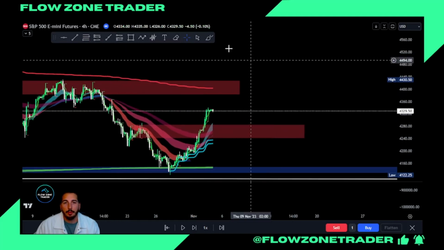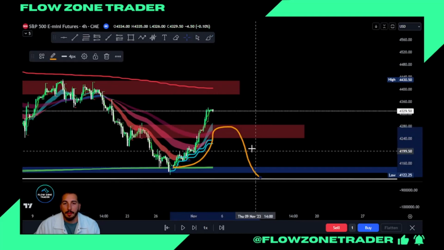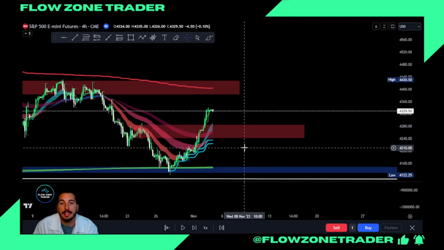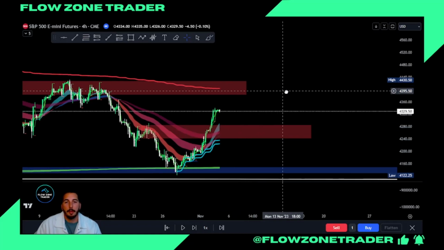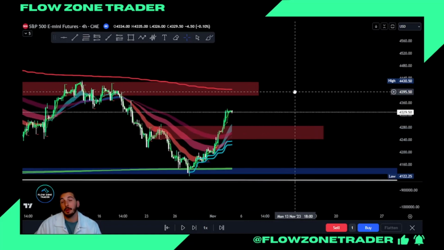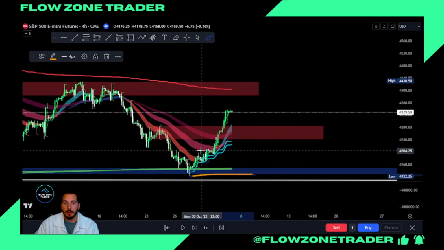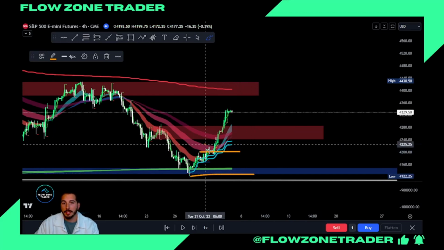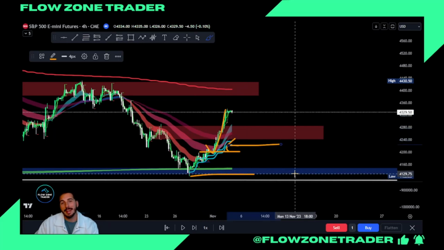Why was that? Because that was a possible move where we could have come up and done a lower high for the next move down. That would have required a Tuesday high of week, or at least a Wednesday failed breakout. Okay, something that we've seen for the last 4 or 5 weeks. But based on the weekly patterns, what do we get? We get a Monday or a Tuesday high of week and low of week. That sets the parameters. Only one of those will be broken. So what do we get this week? Monday, low of week. Tuesday, high of week. Wednesday, breakout. Okay, so you had breakout buyers in the market on Wednesday, and they've been in the money ever since. All right, they've been in the money ever since.